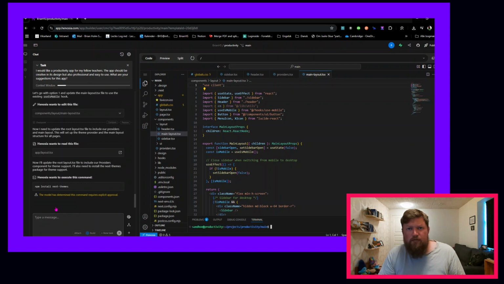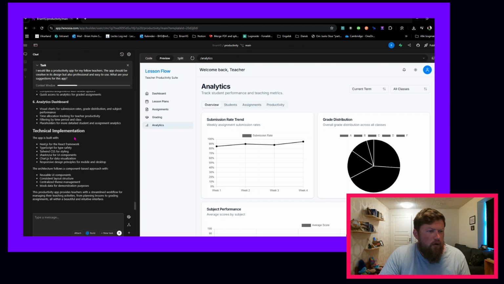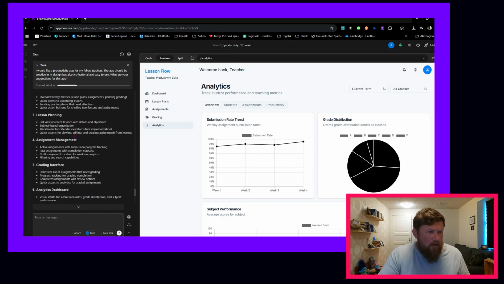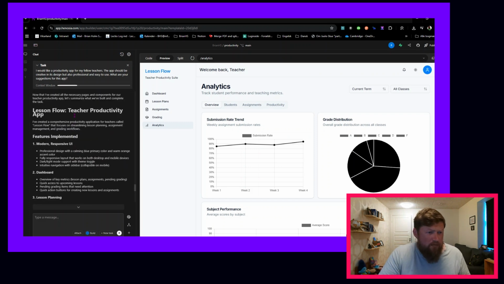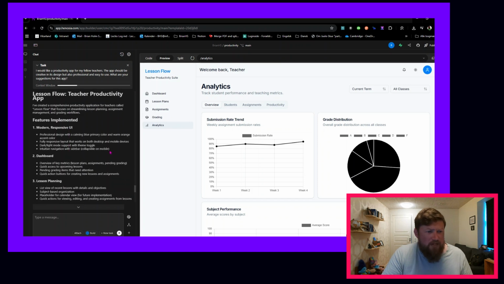So I just have to say run command, and then it goes on. Yes, so let's see what it's come up with here. It's telling me something about it has called it Lesson Flow. We can always adjust this if we want to. I've created a comprehensive productivity application for teachers called Lesson Flow that focuses on streamlining lesson planning, assignment management, and